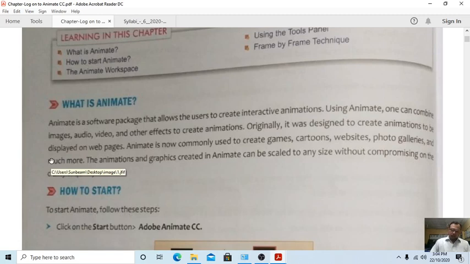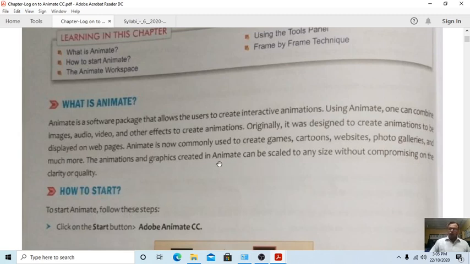Many works are there. Students, you know very well the games, PUBG games, this is now banned. Cartoons, I love everyone seeing, websites, photo galleries. These all are made with the help of Animate software. The animations and graphics created in Animate can be scaled to any size without compromising on the clarity or quality.